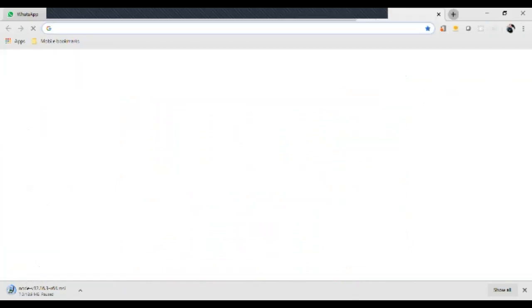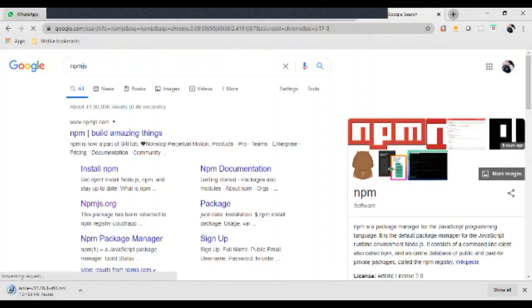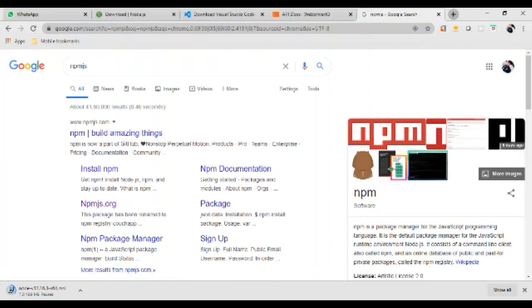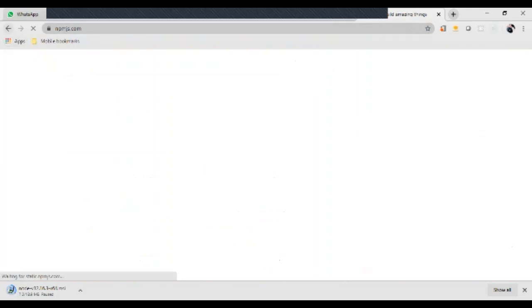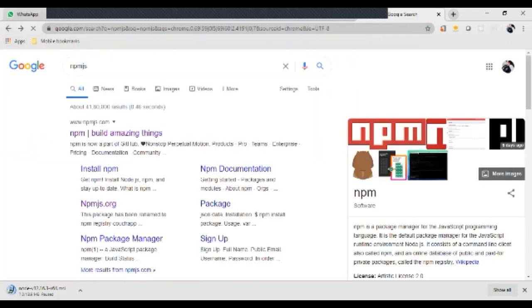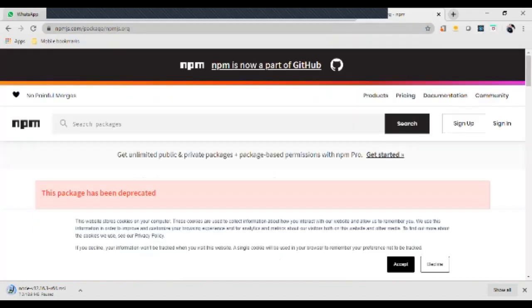And we need npmjs.org, which is the official website for Node Package Manager. I hope you people from a Selenium background are aware of Maven builds and Gradle. For Maven, we use the Maven repository, and in the same way we use npmjs for this. We can get the required version and the latest version from here itself.